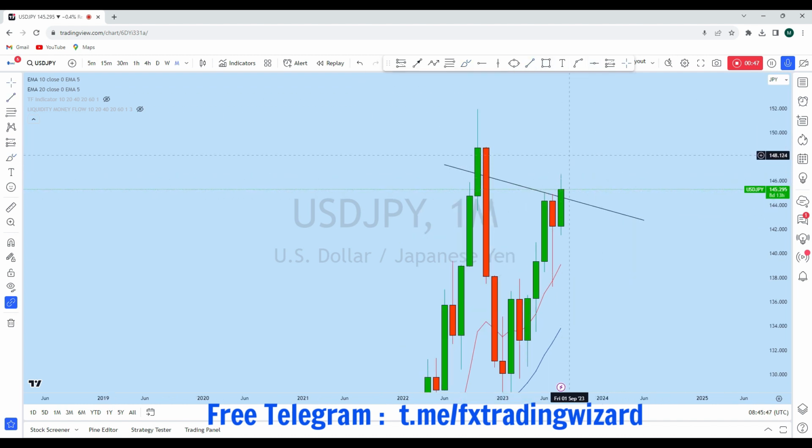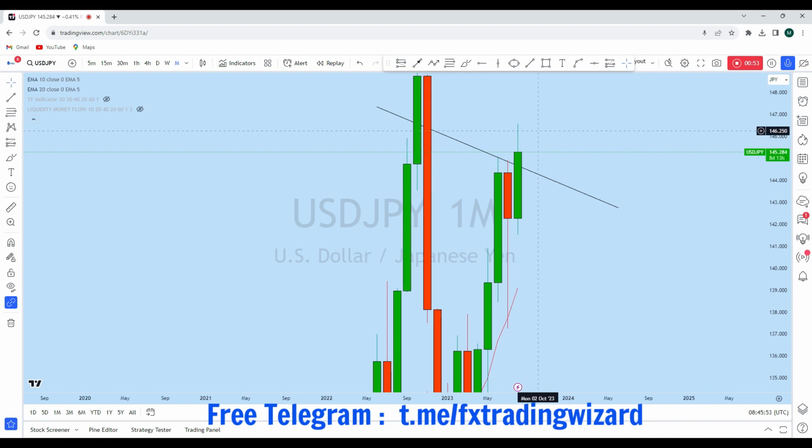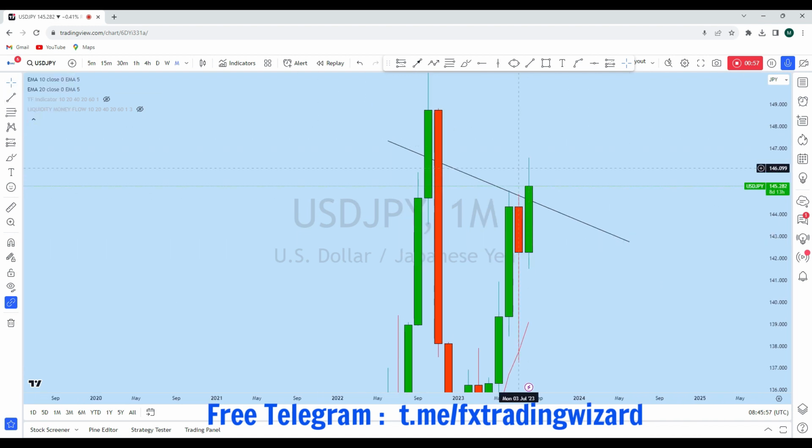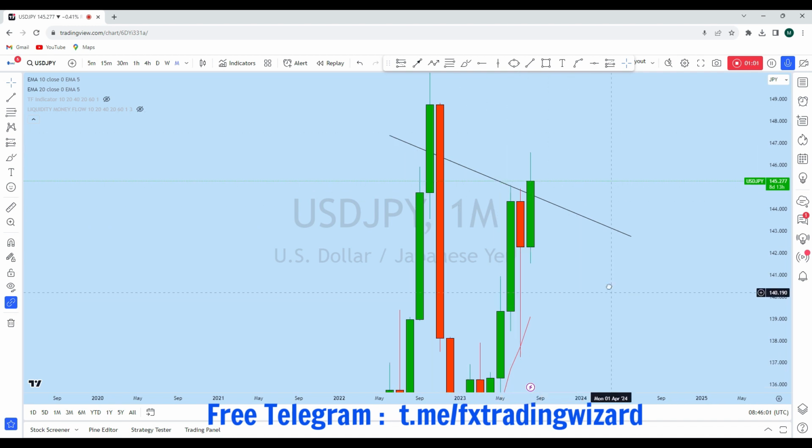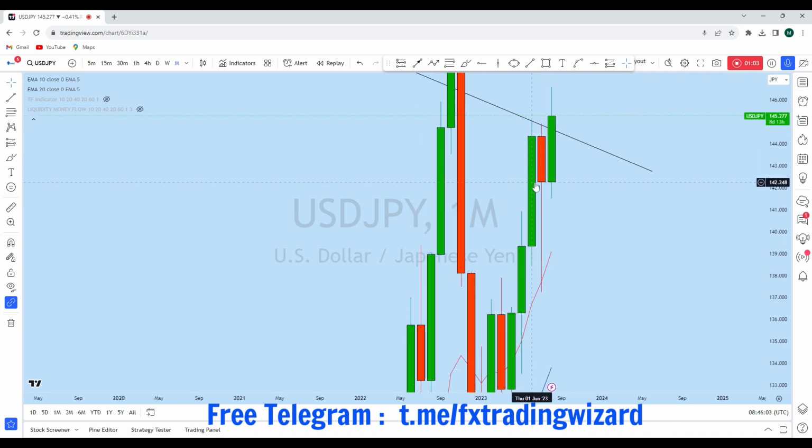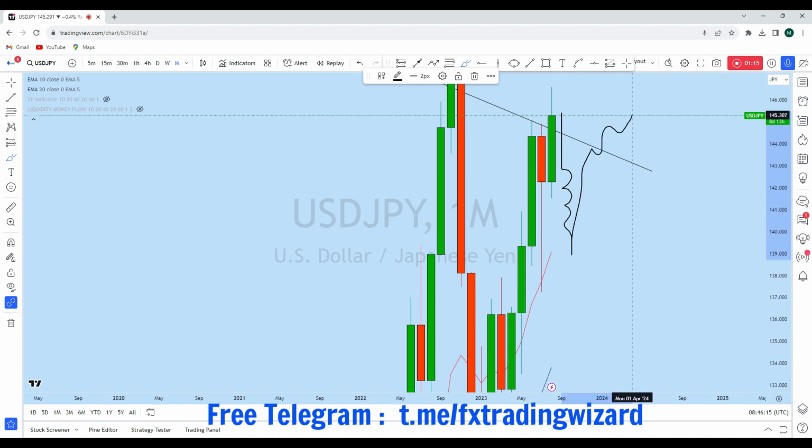Currently, after breaking this level, we saw dollar yen start to move down for a deeper pullback. As this is the last week of the month, dollar yen has started to drop. We can now expect the price to come down to create a deeper pullback. Also, in this monthly long wick candle, the long wick still has not been tested. There's an imbalance, and we can even see dollar yen breaking down to fill that imbalance before